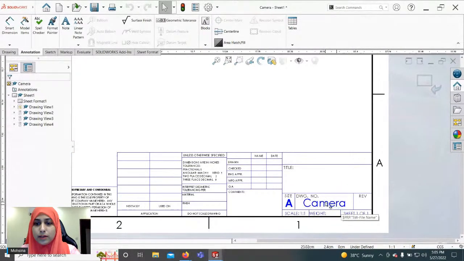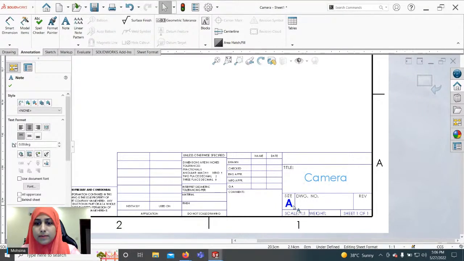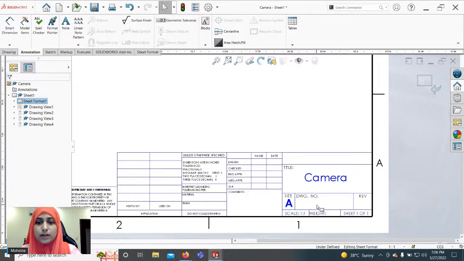We can zoom into it, and let's move this camera to the title. This shows the weight, the scale of the sketch, which shows that this drawing is of the same scale as the model that we had created.